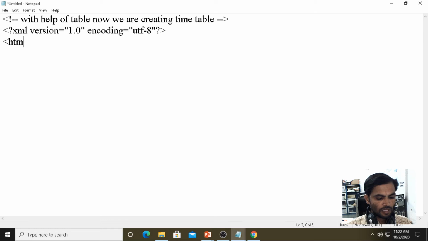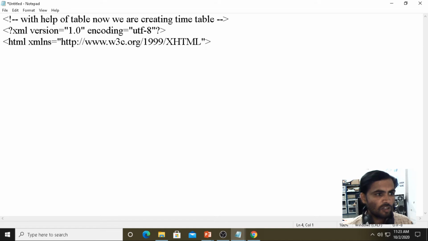then HTML XML namespace http://www.w3.org/1999/xhtml is a namespace. Without writing all this namespace also it will work. Just I am following it for document structure.